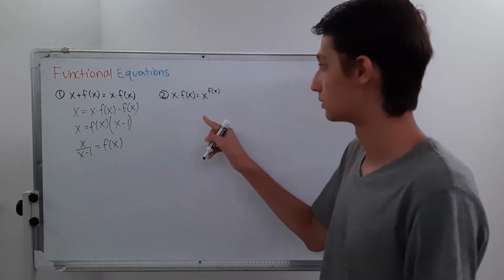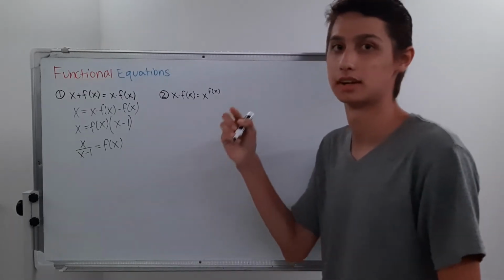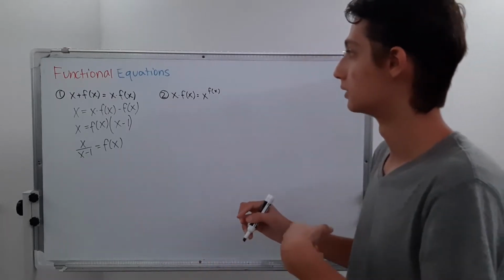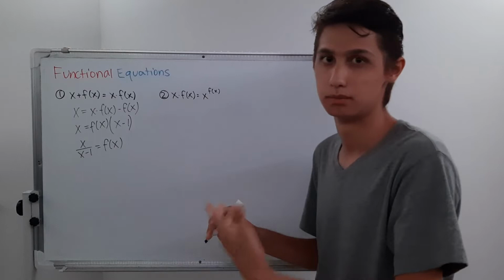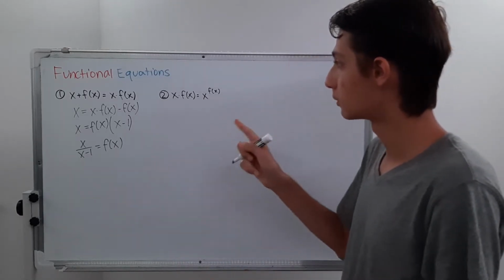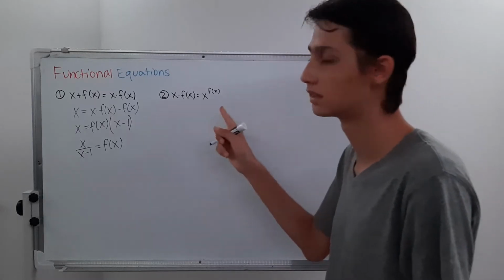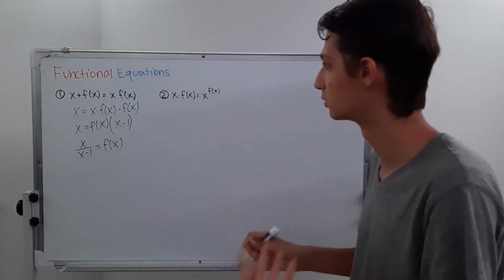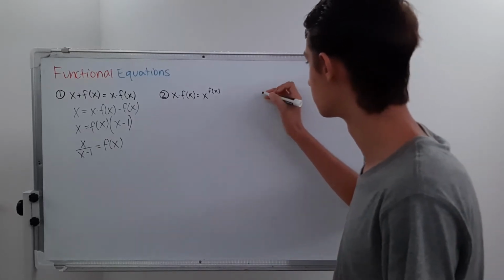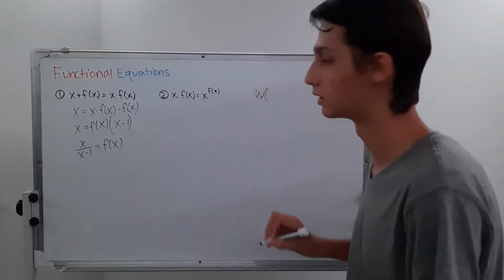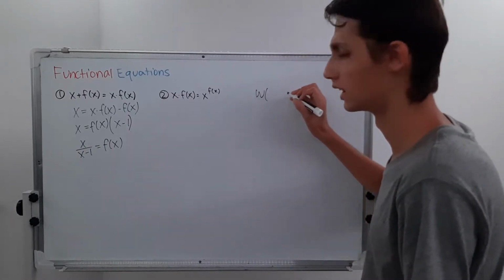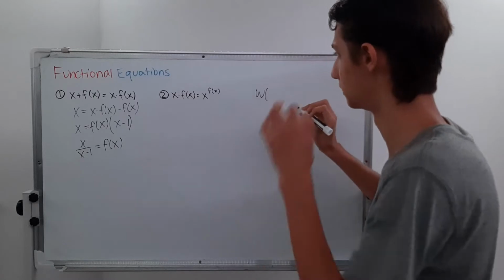How about x times f of x equals x to the f of x power? See, this is a lot more difficult, and we can use some cool tricks to help us out. Now, one thing I want to notice is this. You're not going to be able to do this with basic algebra knowledge. You have to introduce another function, the Lambert W function, which I'll probably make a video about at some point. Actually, I think I have made a video with this,